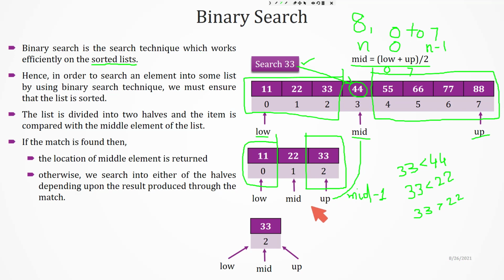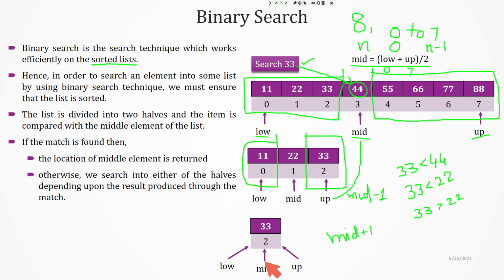So what happens there? Only one element is there. Low, mid and up will be the same element. Here low becomes 2. How does low become 2? Because we are searching on the right hand side of the middle element, so the lower limit will be mid plus 1. That's how low becomes 2. Now low is 2, up is 2. So what is the middle element? 2 plus 2 by 2, that is 2.